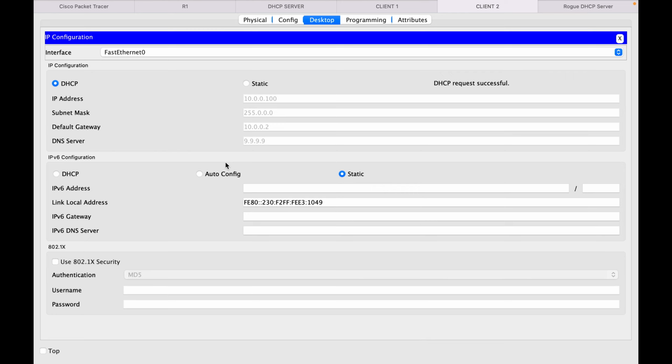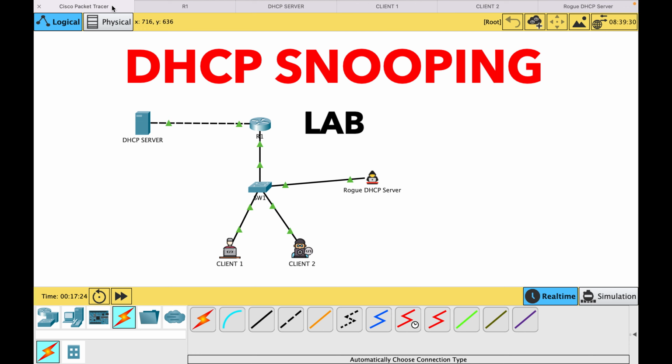When a client sends a DHCP discover message, as I said in the last session, whoever replies first, the client will be associated with that DHCP server, right? So the attacker will be smart enough to place the DHCP server nearest to the client. This type of attack is also known as a man in the middle attack. Okay, so now let's go ahead and configure the switch